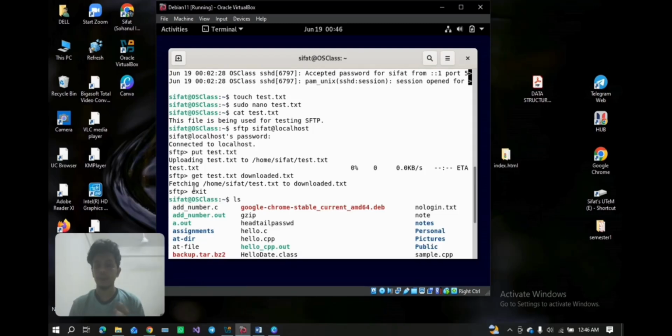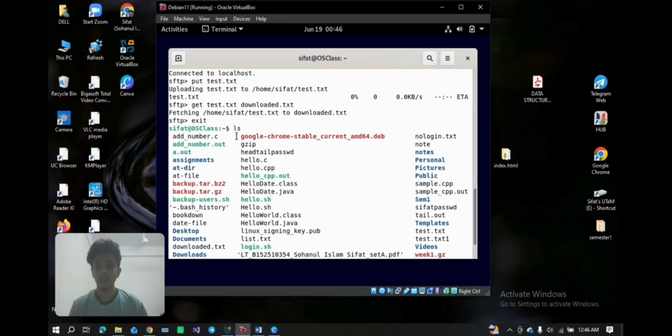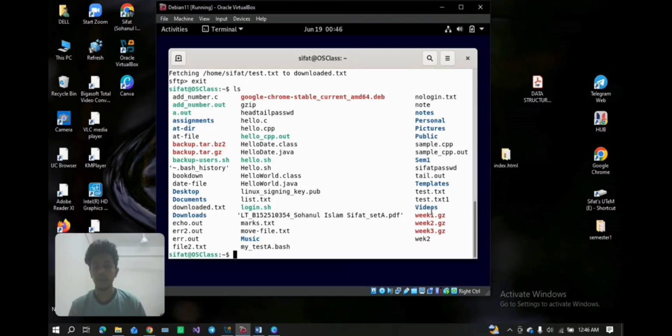Then inside the SFTP, the work is finished. So I need to get back to my administrator. Then I need to verify the upload and download of the SFTP that I used before. Here I use the ls command to show all the files here in my Linux. Here you can see that I edited and uploaded using the SFTP and nano. You can see test.txt is here, the uploaded file, and downloaded.txt is the downloaded file that I made using the get command. So I am done